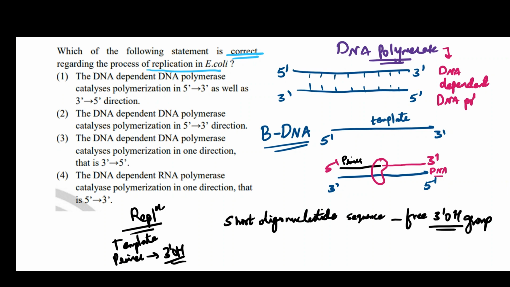And why is it known as DNA polymerase? Because here it is adding bases to synthesize the new strand of DNA, not a new strand of RNA. So it is known as DNA dependent DNA polymerase. And what is the direction of synthesis? 5' to 3' direction. Here the synthesis of the strand is continuous, therefore it is known as a leading strand. For a leading strand, the 3' to 5' strand is acting as a template.